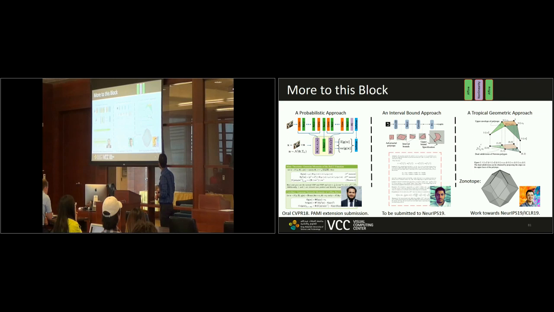And the last part is the tropical geometric perspective, which is again going back to the same exact block. I would like to represent this block as a tropical polynomial. Think about a tropical polynomial as nothing but a regular polynomial, but the operations are defined differently, through what people usually refer to as max-plus algebra. Why is this important? Because now we can ask lots of questions about the geometry that arises from this affine function, and to our surprise, zonotopes, geometric objects that are very well known with nice properties, arise,